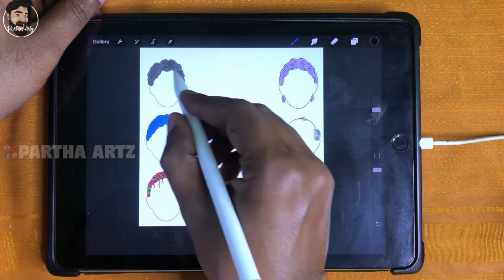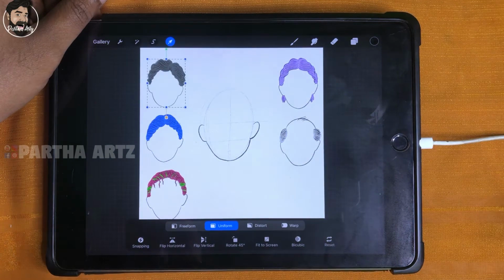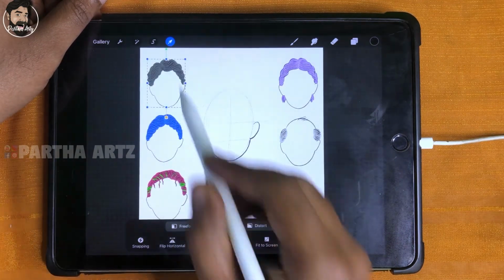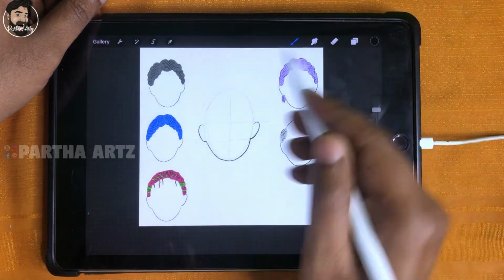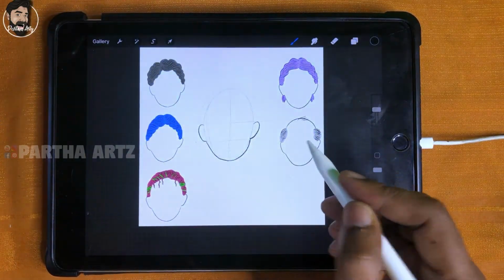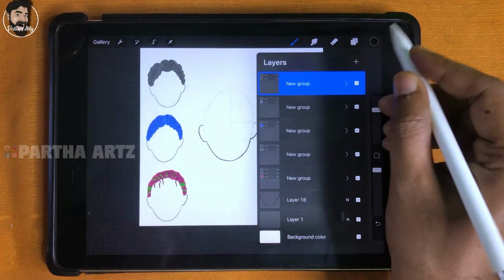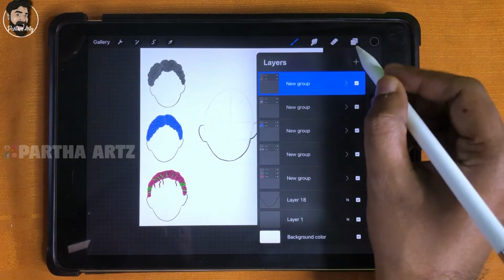Okay, a similar kind of thing in digital art here. I can flip this over, see if I can just flip this. I get this hairstyle immediately. But if it's paper or pencil, then you can draw it the other way. Instead of this way, you can draw the other way. That's how it is. Okay, so next what we'll draw is